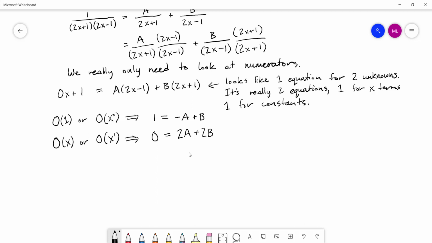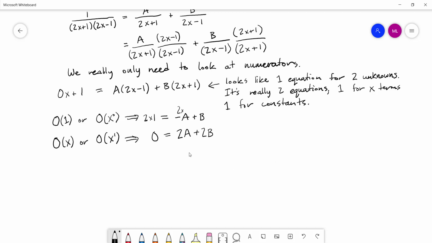So maybe in this one, I will do a substitution method. And maybe, actually, this one's easy. Let's do the elimination method on this one. And I can do a substitution method on the next one, but both are going to be easy in this case. So if I were to take the top equation and multiply every single term by 2,